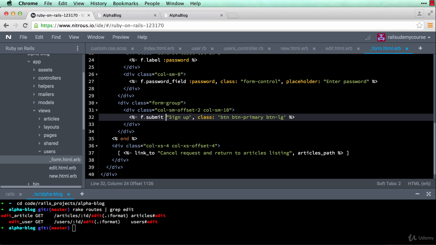Now when we submit, instead of saying sign up every time, we can open parentheses, and then we can say @user.new_record? So basically this checks if this user is a new record or not, or if it's an existing one. So in the case of a new template, it'll be a new user. In the case of edit template, it's not going to be a new record, right? So if user is new record,